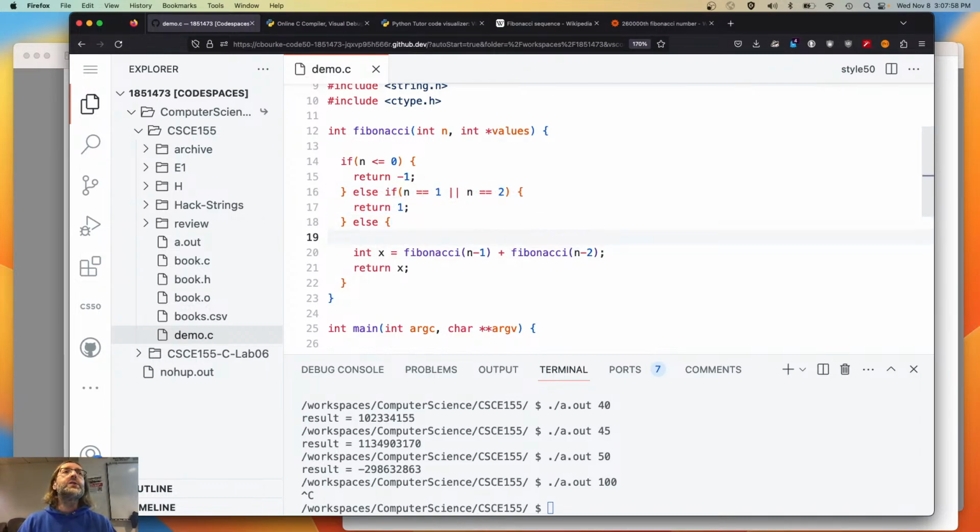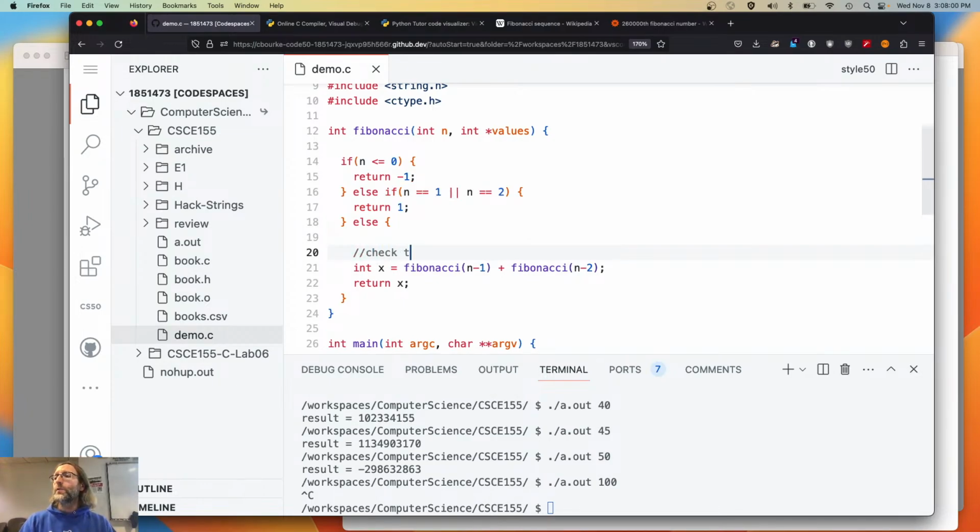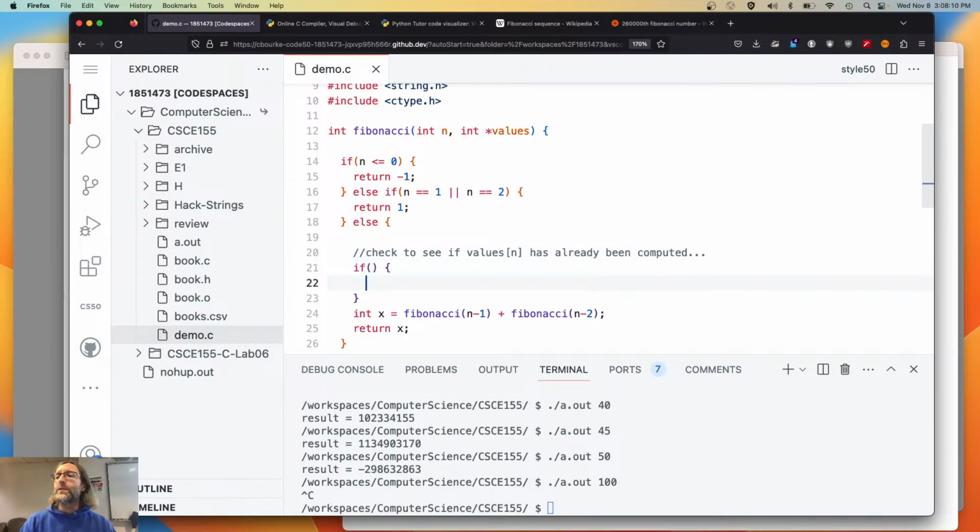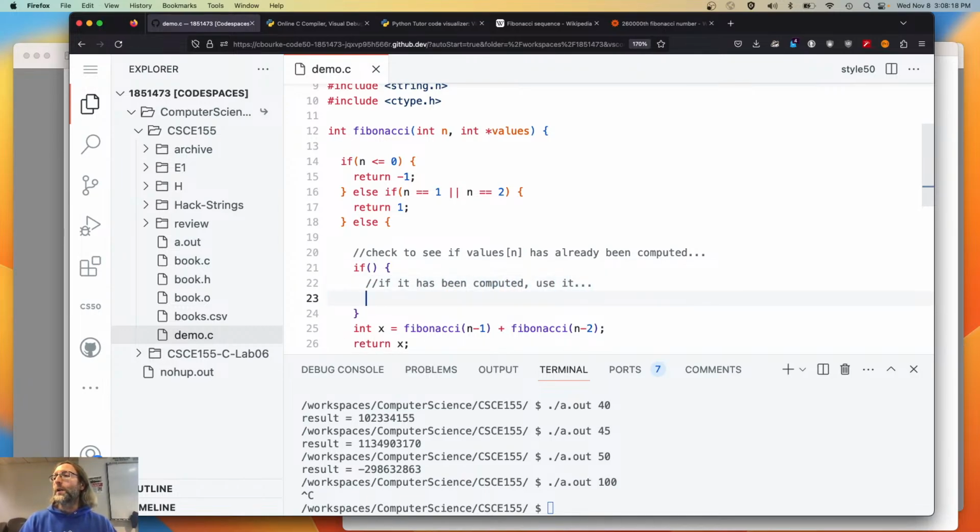Otherwise, I'm going to check to see if values of n has already been computed. So I need an if condition. If it has been computed, use it. In other words, return it. Return values of n. Okay? Otherwise, else,